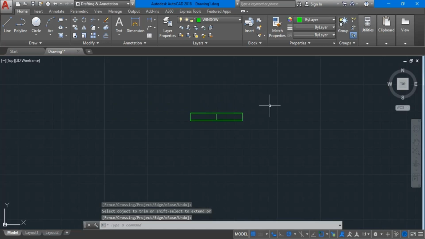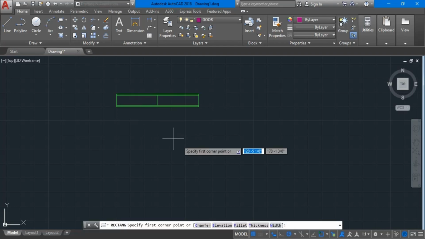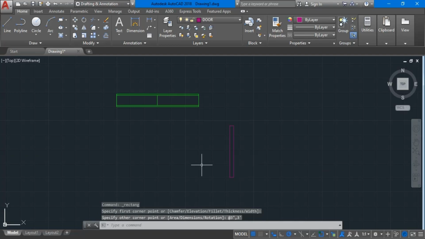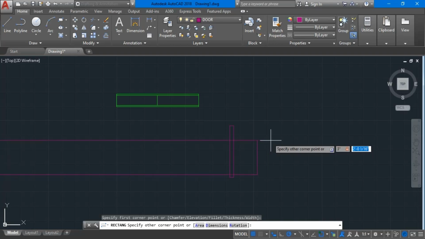So next, what we need to create again is the door. You can just come to the layers and select the layer we created for the door, and also we'll bring the rectangle, and let's have a box of 3 inches by 3 feet. Press enter. Let's have another box, and this time let's have it 3 inches by 9 inches,